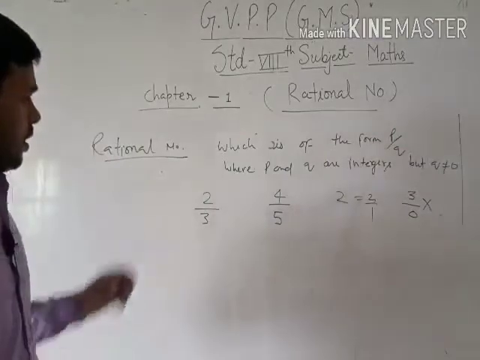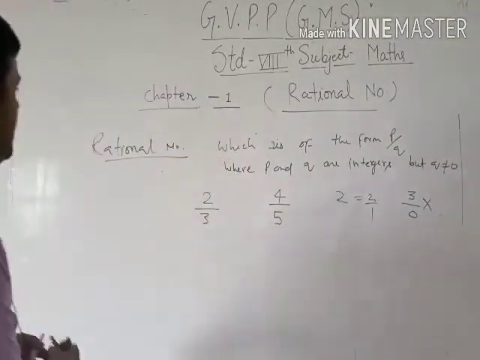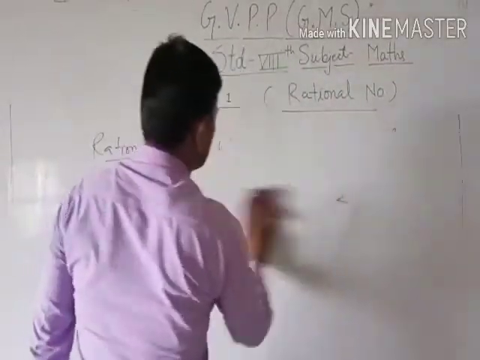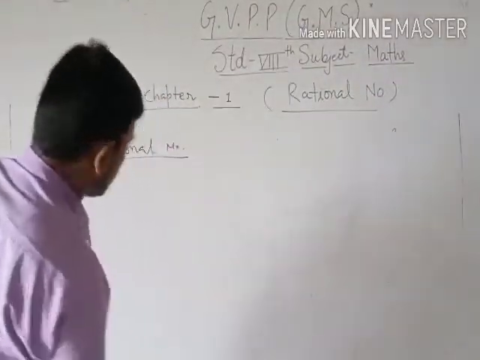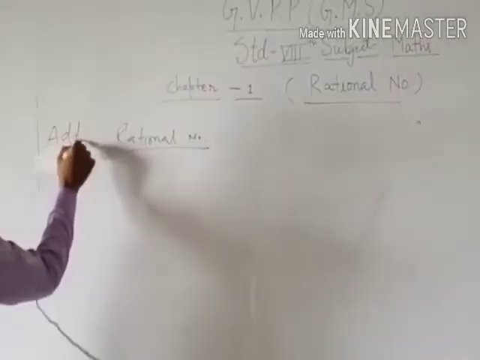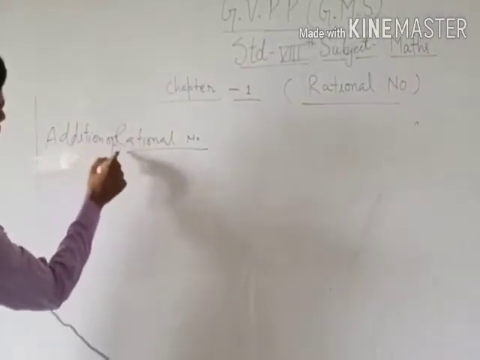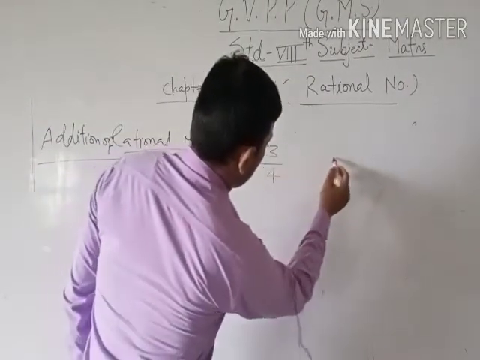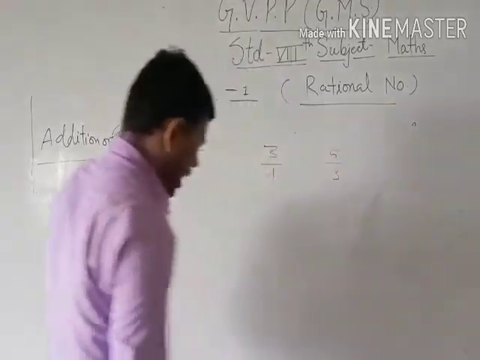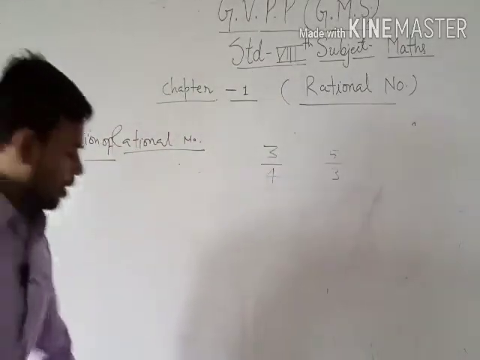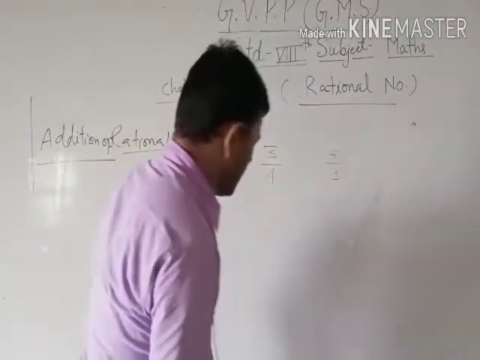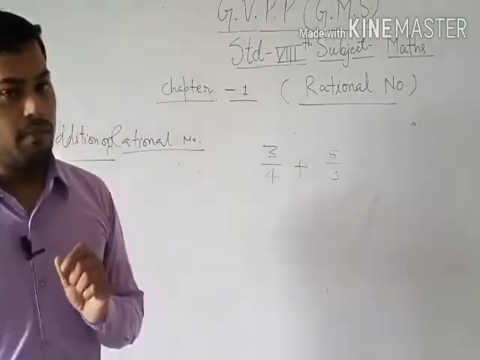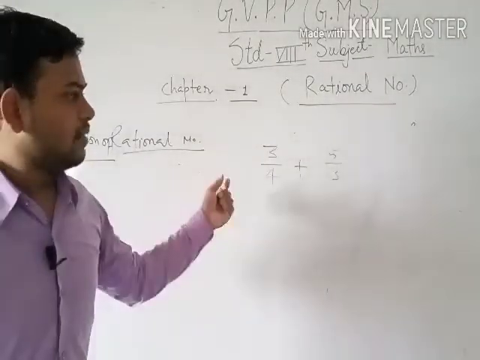Okay, now we will see the addition of rational numbers. That means how you will add rational numbers, यानी आप rational numbers को कैसे add करेंगे. Now you can see here, suppose a number is written 3/4 and a number is written 5/3. Then how will you add this? Okay, I will tell you. There are many methods to add this, but I will tell you the very shortcut method that you can use to add these numbers.